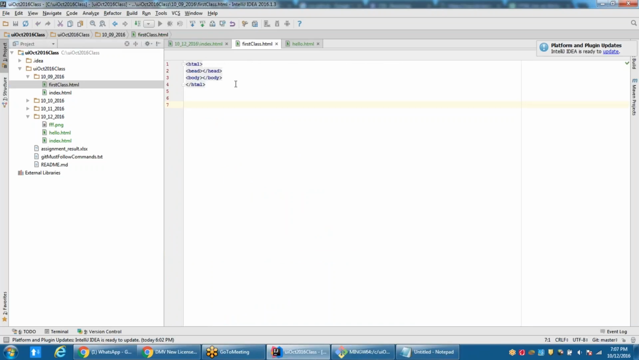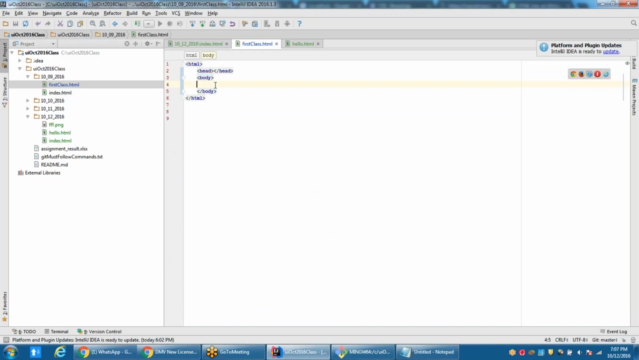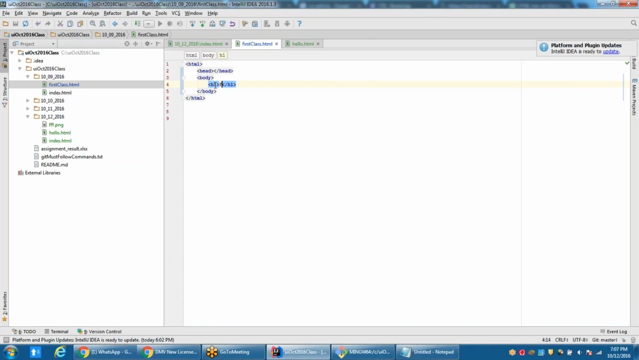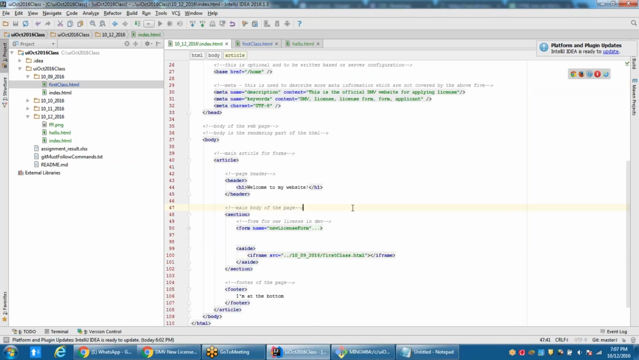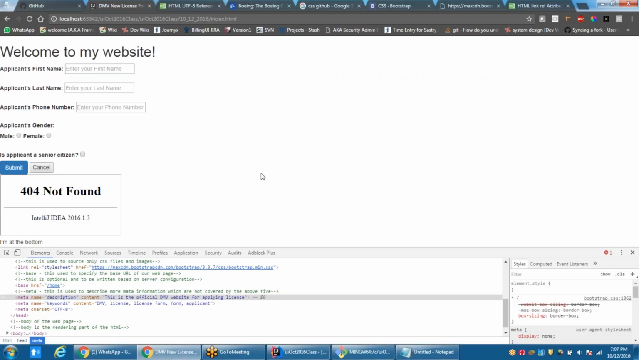Let me open this. It is empty, so let me quickly add something in the body. Let me say h1, first class, something like that. Okay, so now when I go back and refresh this page,